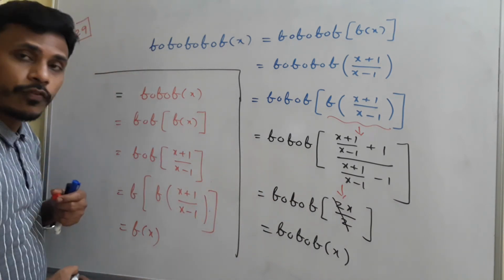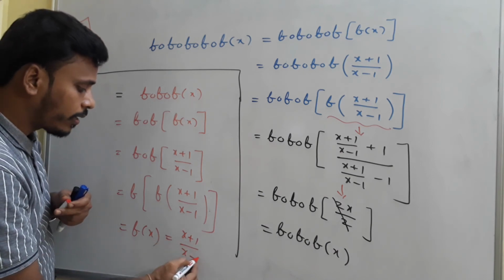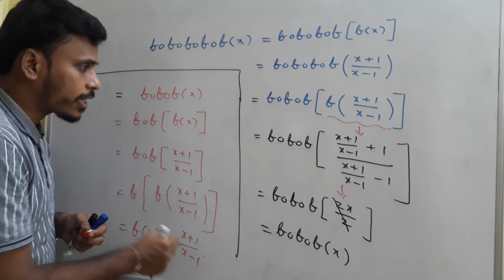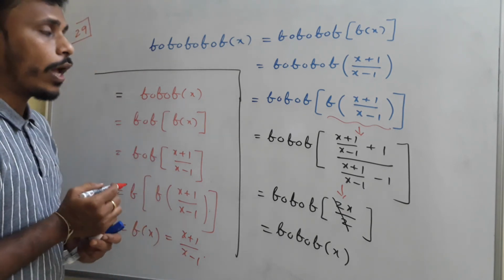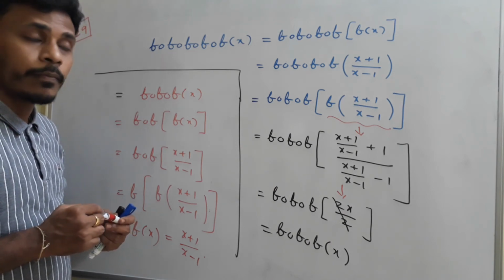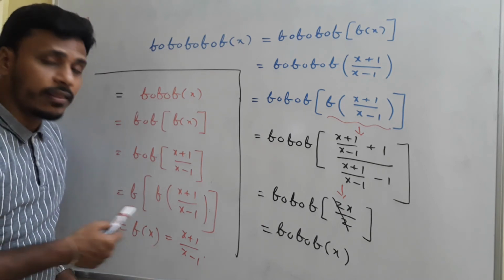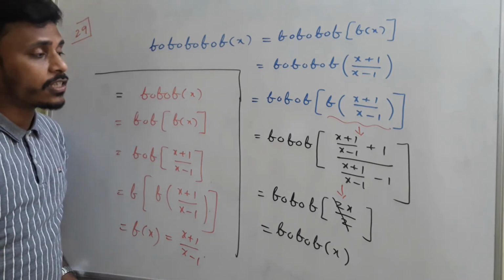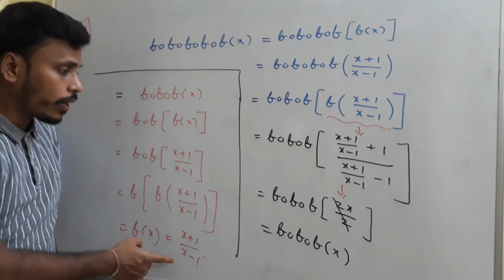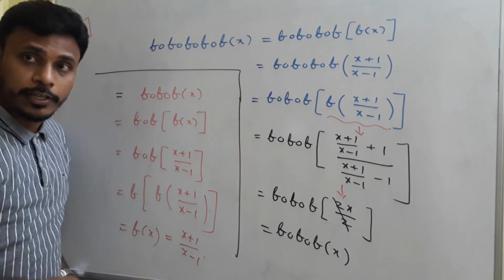So again you have f of x, and that f of x is again nothing but (x plus 1) by (x minus 1). You just think about it. Actually f of x is (x plus 1) by (x minus 1). When you apply f circle f of x, you will get what? For 5 times, if you apply, again you will get that (x plus 1) by (x minus 1). Whereas if you apply for 2 times, you will get x only. For 3 times, you will get (x plus 1) by (x minus 1). After 3 times you have the same (x plus 1) by (x minus 1), right?